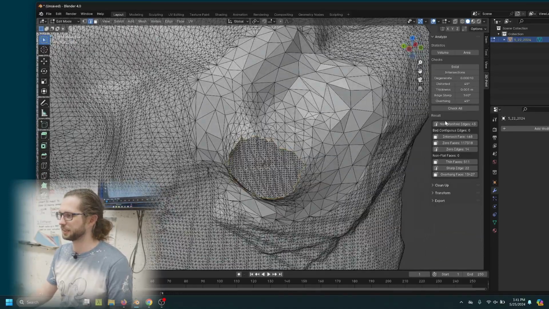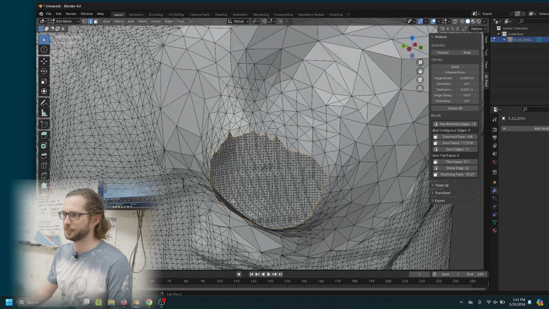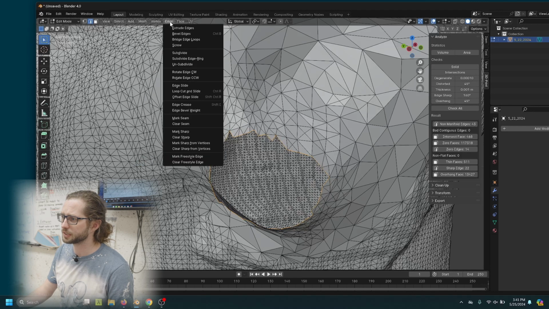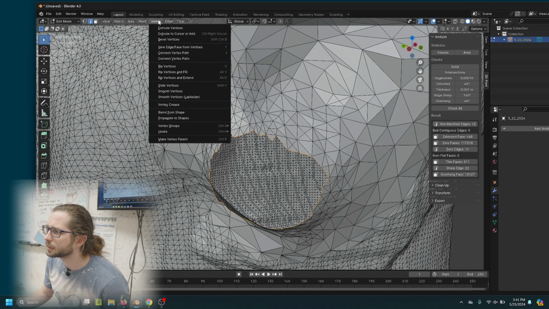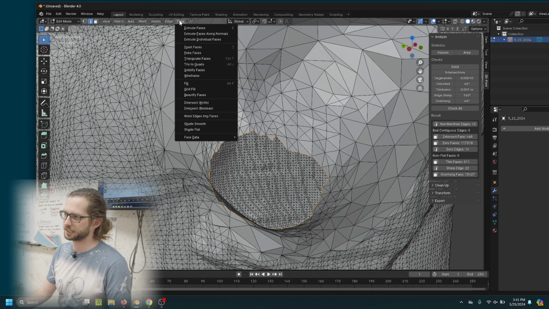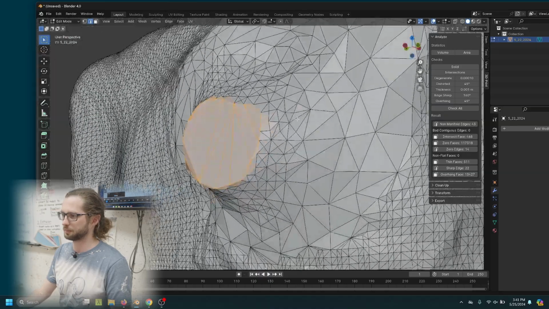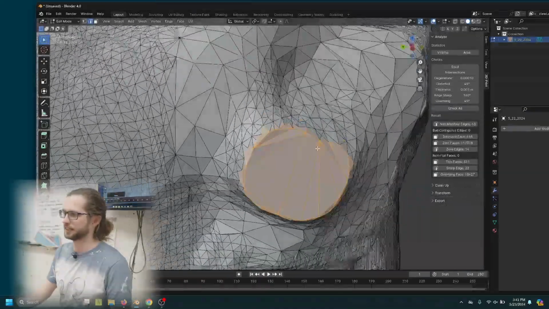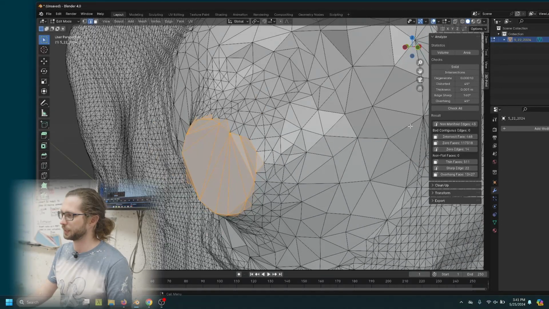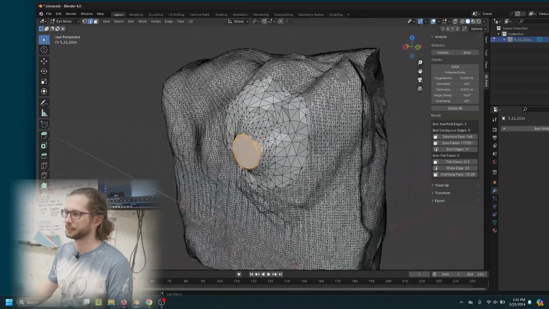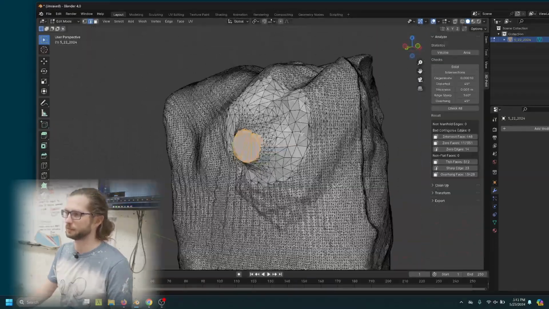This is really nice because by clicking that, it's highlighted these for me. And I can use a really easy thing in here on edges. Where is it? There's a fill tool. So it's actually in face. With these edges selected, I can hit fill, and it will just make the closest connections it can to close the mesh. Right, so now if I hit check again, it should say that it's 0. I hope. Yeah. So now we're back to a manifold model that doesn't have that weird snaky bit